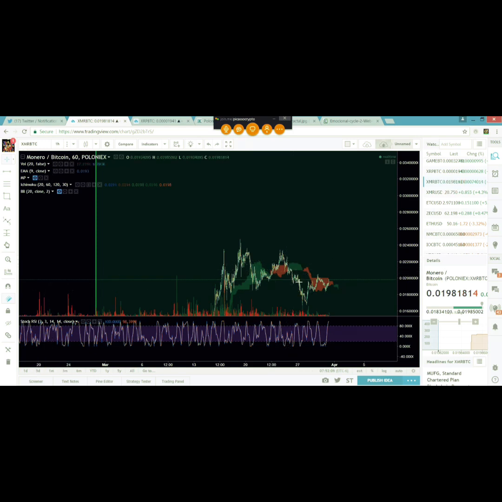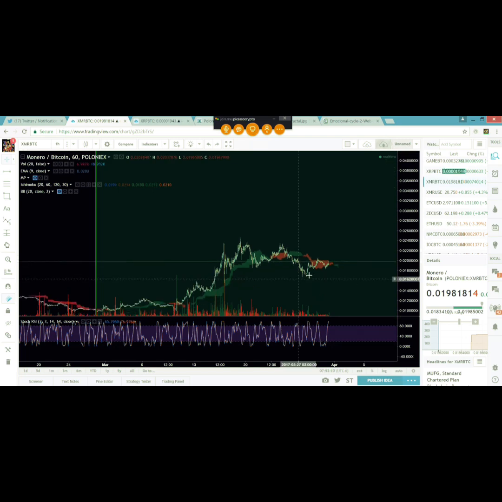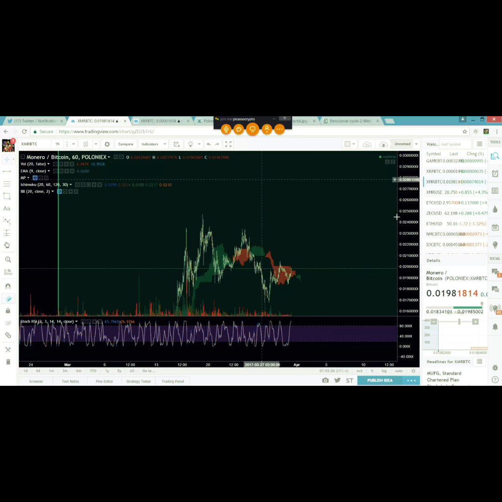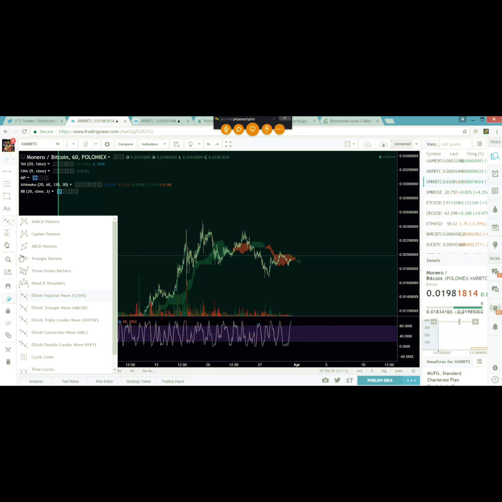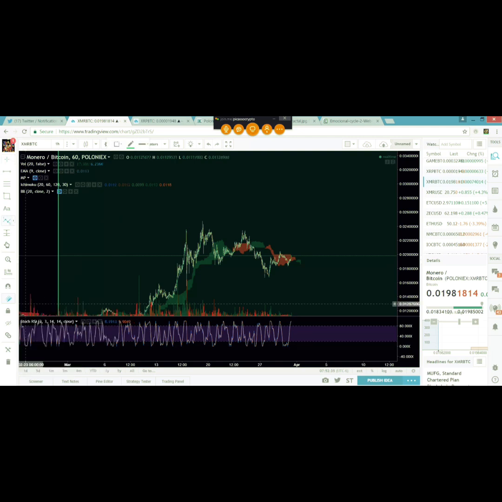So what did I do? I lost a little bit of money on some trading fees, but then I got back in at the lower retracement mark right here at the 50%, and that's why I was telling you guys 165, 175 to get back in Monero, because I got stopped out trying to buy it here at 185 the first time. So just understanding the geometry of the market is going to give you a better idea of how to play it, because you don't know what the market's going to do until it does it. And then when it does it, you can respond to it better.